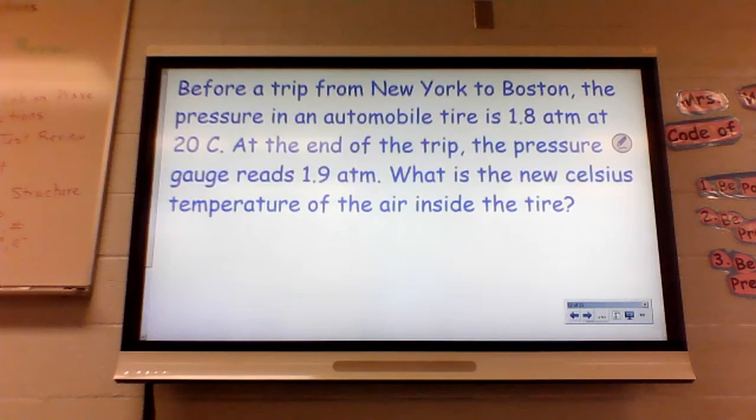T1, T2. Mhm. And so the P1 is the. Yep. And then the